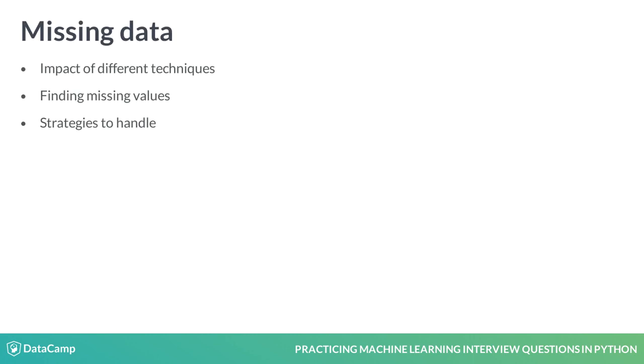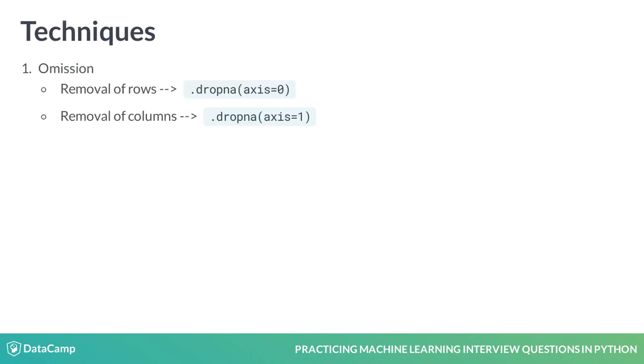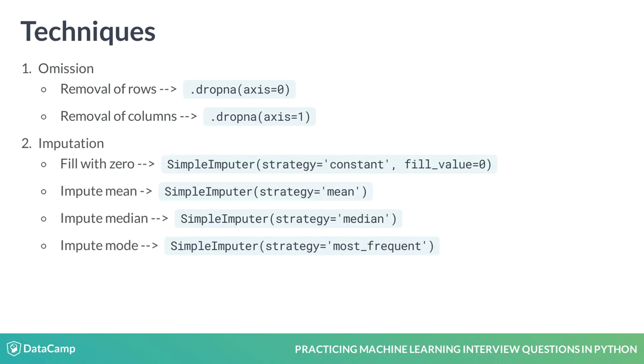In the remainder of this video lesson, we're going to discuss how to find missing values, as well as the impact of different techniques designed to fill missing data as a pre-processing step in the machine learning framework. This is an integral part of exploratory data analysis you should always begin with. The two most commonly used strategies are omission, involving removal of rows and/or columns, and imputation, which includes filling missing